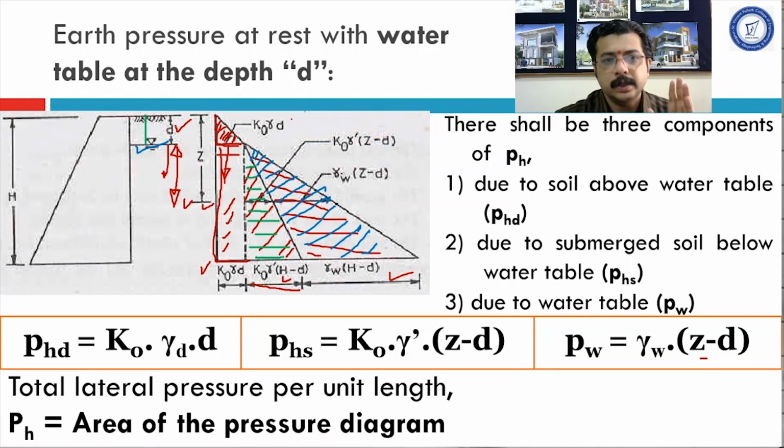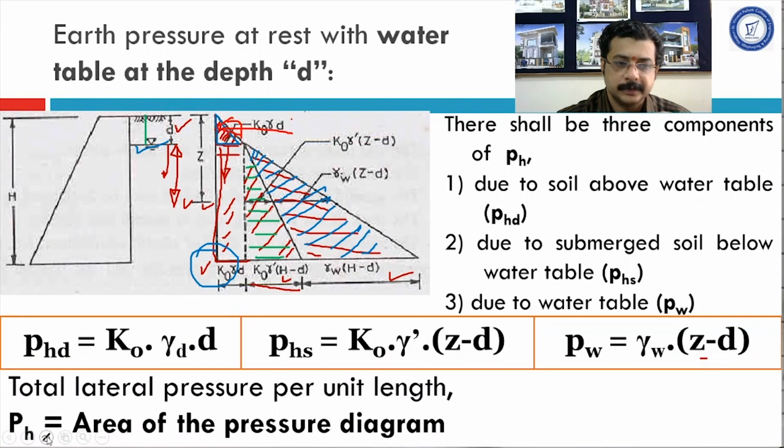Previously, we have found the areas of these component portions of this pressure diagram. From that area, we could get the total pressure for each individual element. Treat them as component forces. Take their moments about the base. Alright, so for this first triangular portion, where will its total pressure be? The total pressure would be acting somewhere here, and it will be towards the wall.